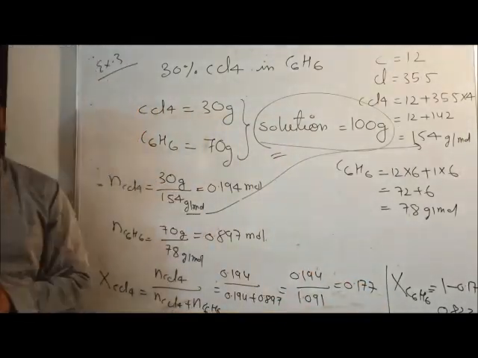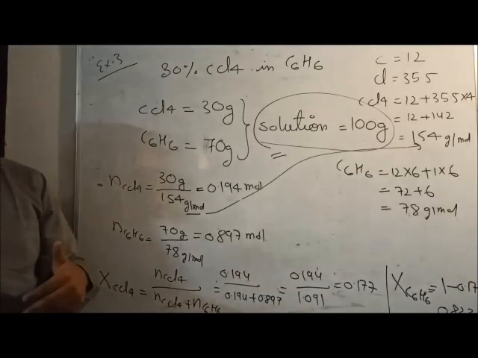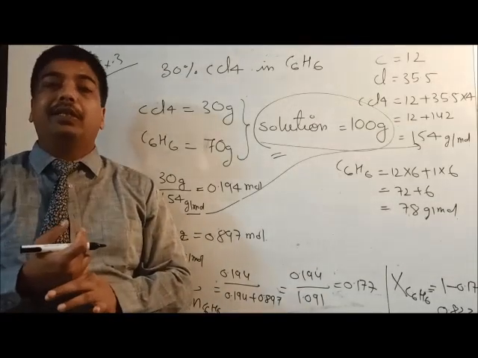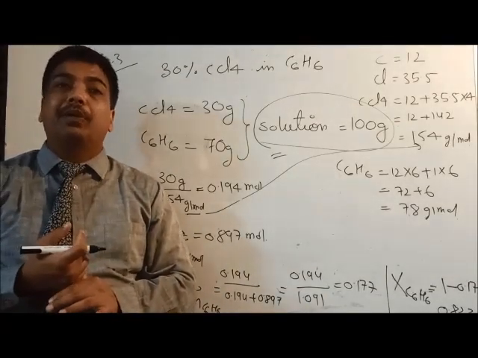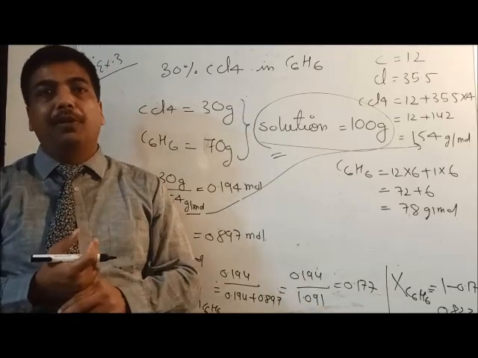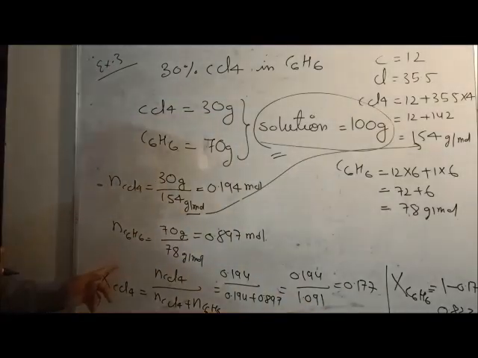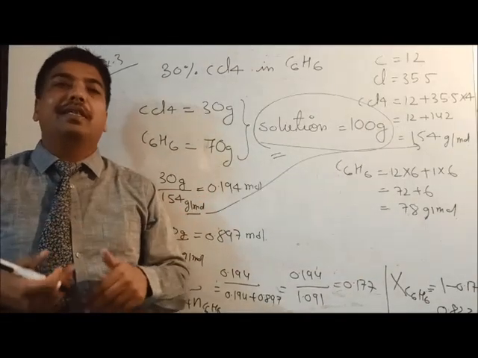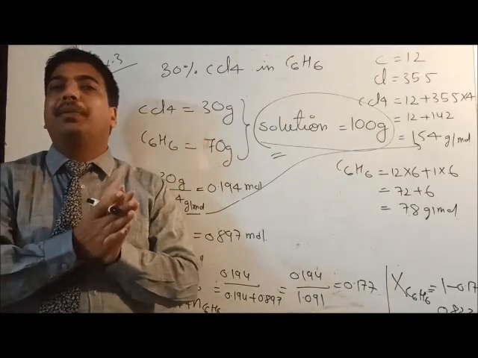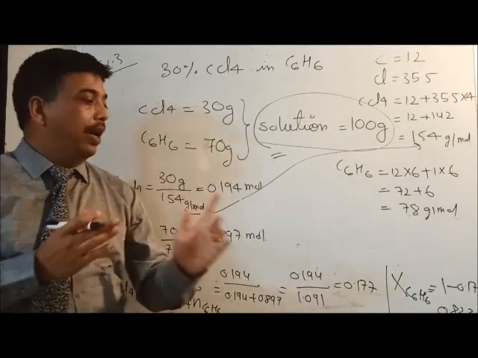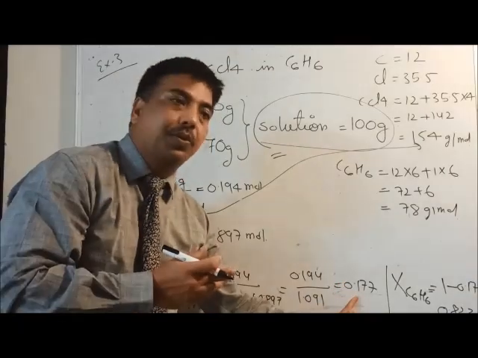But student, in this question you are also asked to calculate the mole fraction of benzene. So you have two methods now. Either you can solve like this, that in place of XCCl4 you write X benzene and write here n benzene divided by total number of moles and you calculate it. Another method is that since two components are present in the solution and mole fraction of one is known, so you know